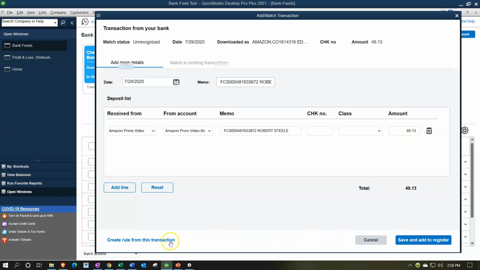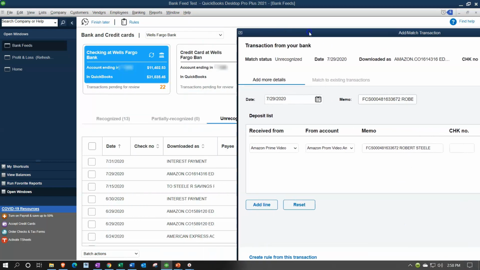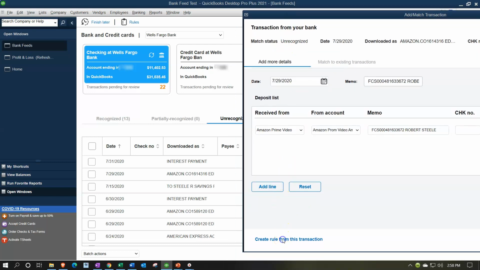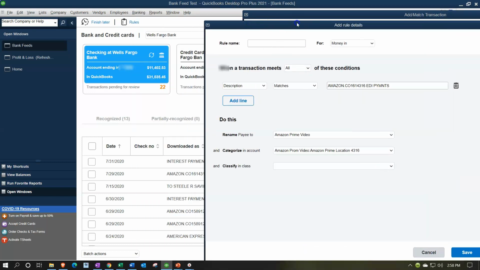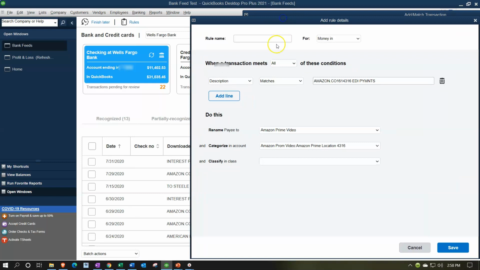Now let's make a rule from it. So I'm going to pull this to the right so I can see the detail, and then make a rule. So we'll make a rule. And so our rule has started to be made for us, the rule name. And I'm just going to say it's going to be the same as this rule name. They won't let me copy it. So I'm going to say Amazon.company